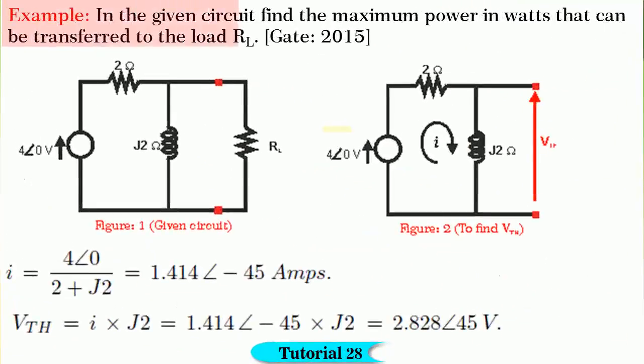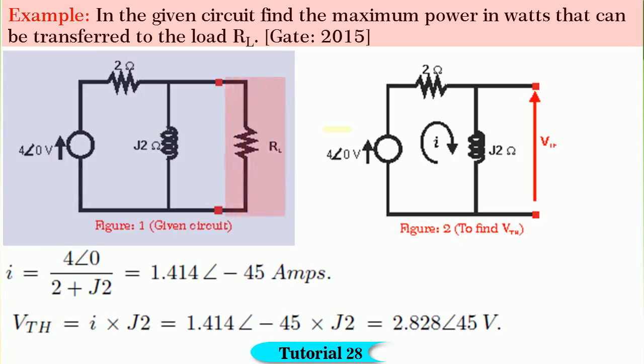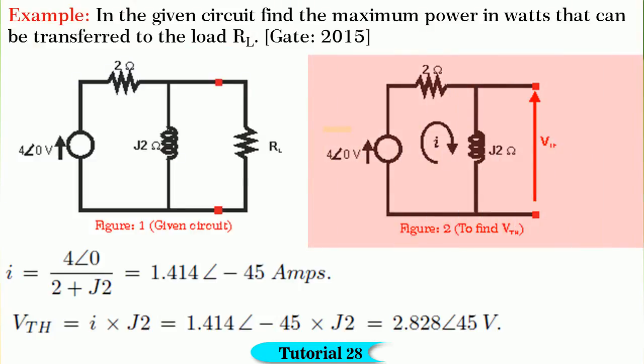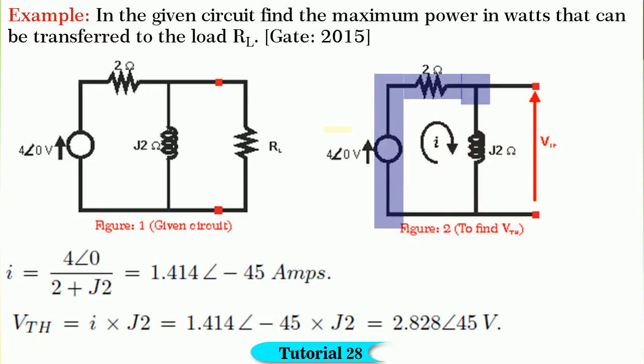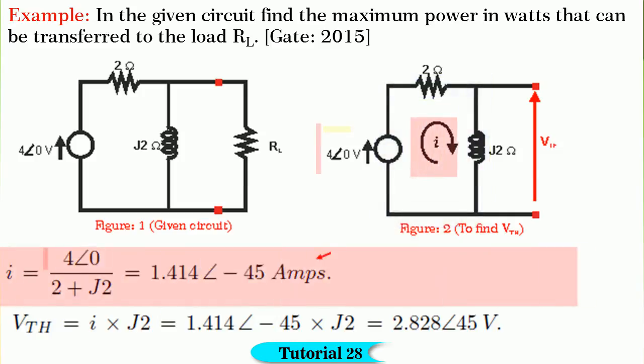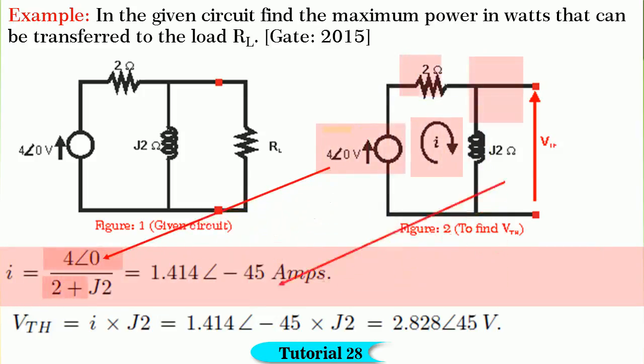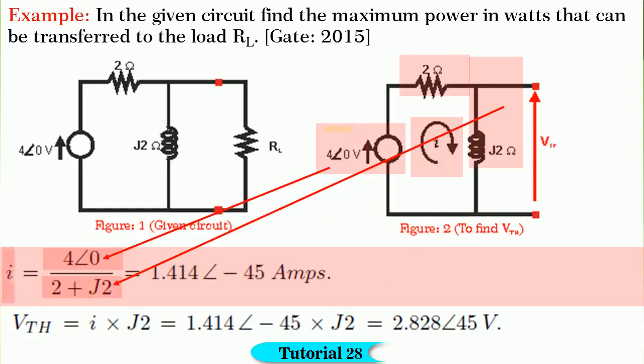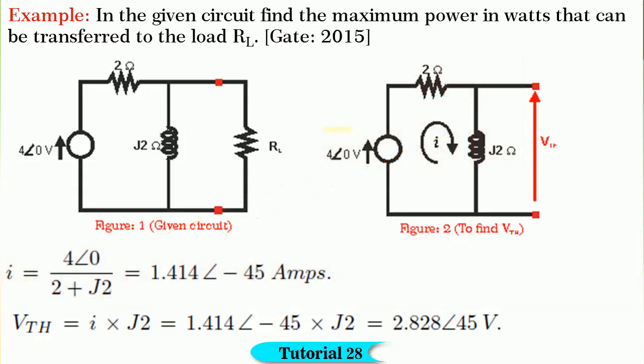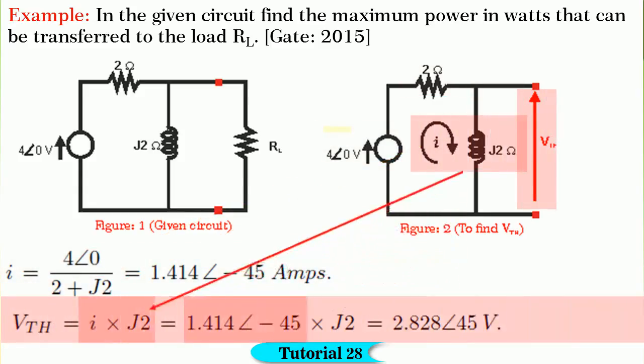Friends, let us solve another simple example to find the maximum power transfer to load resistance RL in the circuit shown in figure 1. First, let us open the load branch as shown in figure 2 to find V Thevenin. We find that the circuit is reduced to a single loop network. So, I is equal to 4 angle 0 divided by (2 + j2), which we get I is equal to 1.414 angle −45 amperes. But V Thevenin is equal to I into j2. By substituting the values, we get V Thevenin is equal to